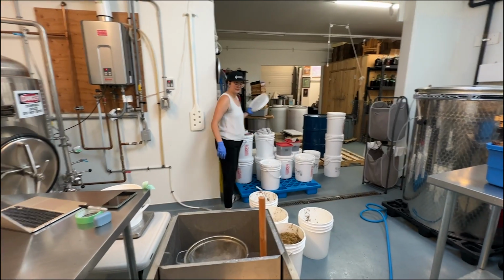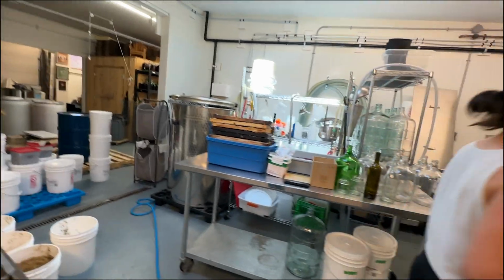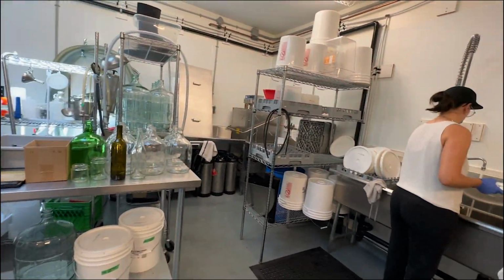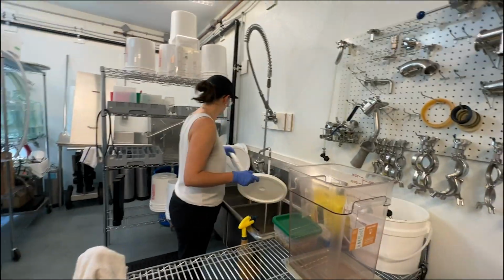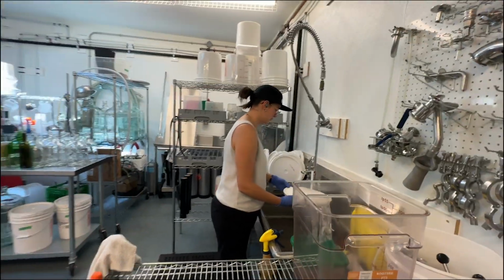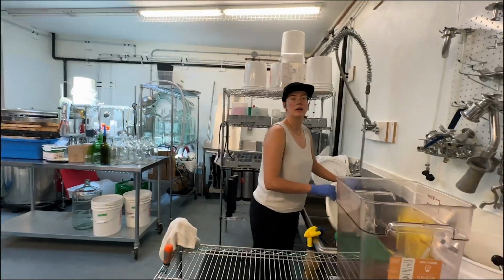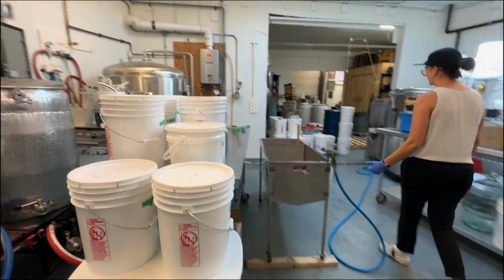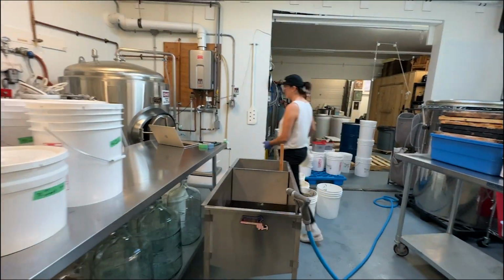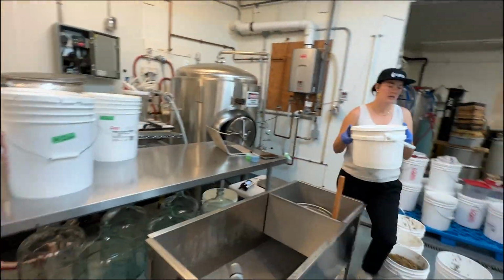How many of these are you doing today? We're almost halfway. And normally when we're doing this the first time, we then have to add more 24% meat on top of the botanicals. You actually save them all in their respective buckets. Yeah, like the hyssop. So that's the first one I did. So I saved that, but now this is going in the compost. Yeah. And then once you're done separating all this,